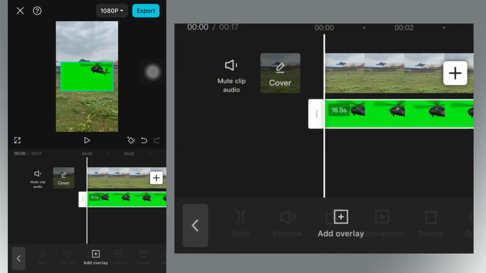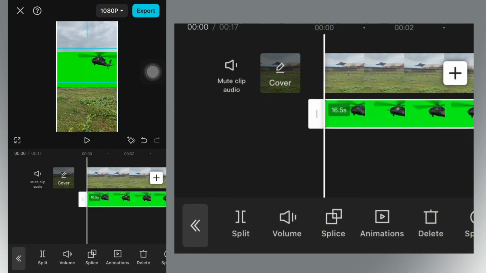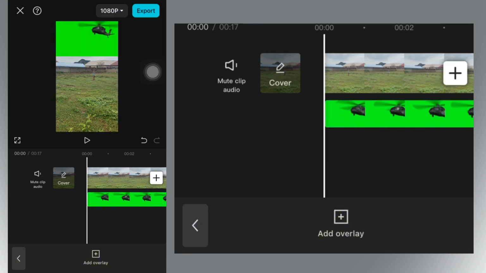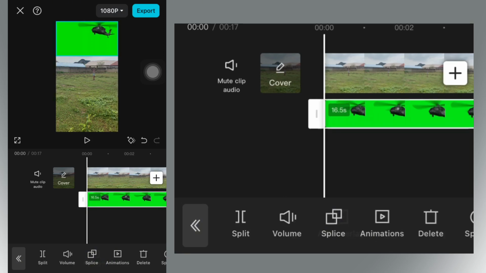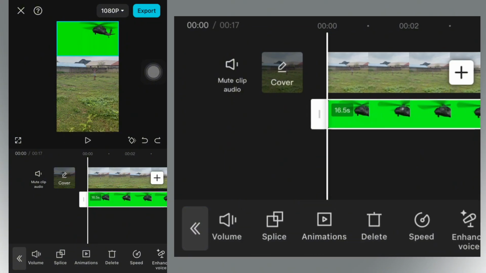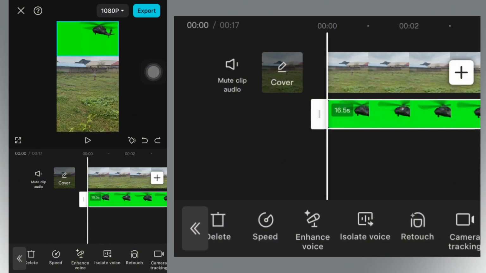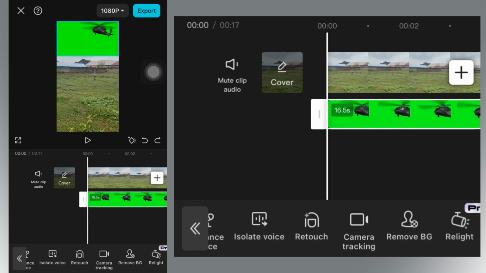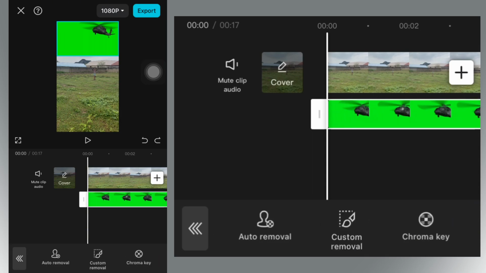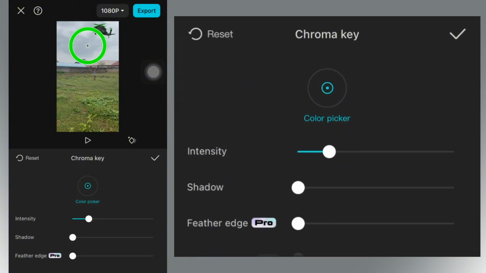So you position it where you want it to be. You can see, taking my own up. So after that, you click on the overlay, then you look for remove background, this remove BG, then you click on chroma key, you pick your color, that is